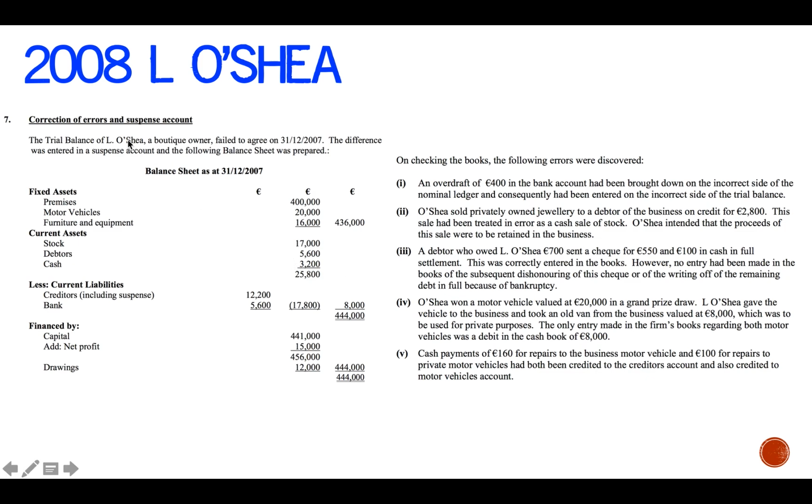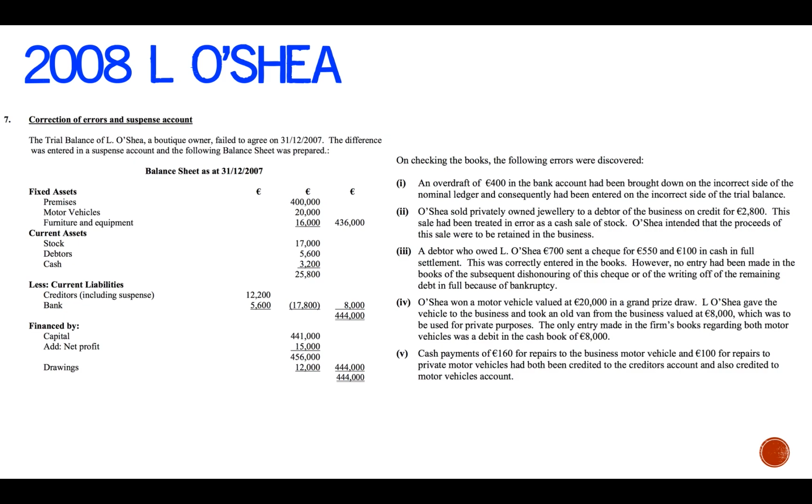So the trial balance of L. O'Shea, a boutique owner, failed to agree on the last day of the year in 2007. So on checking the books, the following errors were discovered. Number 1, an overdraft of €400 in the bank account had been brought down on the incorrect side of the